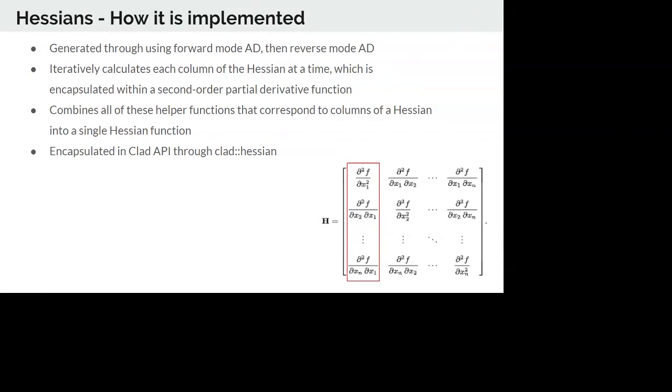What that does is that you essentially get one column of a Hessian, and one column of a Hessian is represented by a generated second order derivative from CLAD. And so CLAD Hessian, using this method, iteratively calculates each column of the Hessian at a time,